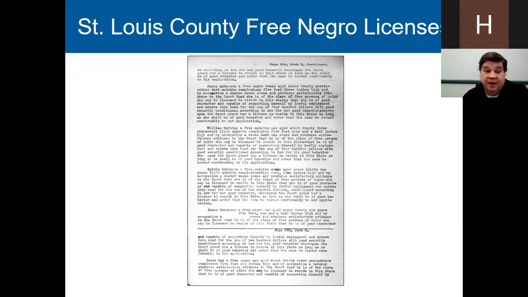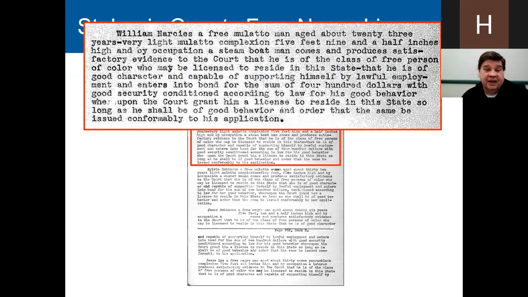We had the same thing here in St. Louis County. This is the free Negro licenses. This is the case of William Narcisse, a free mulatto man aged about 23 years, very light mulatto complexion, 5 feet 9.5 inches. It describes him. He's the class of free person of color who may be licensed to reside in this state. He's of good character, and